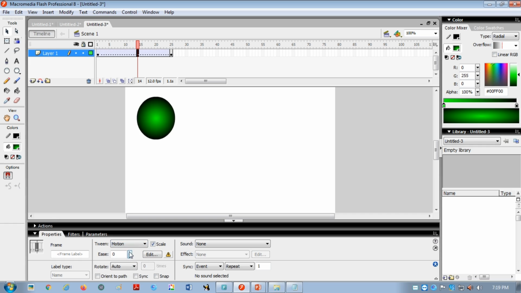And one important thing, in the motion tween you can see whenever I've created this motion tween, there is a dotted line, and whenever the dotted line comes, it means you have made some mistake and the animation will not be played, okay?